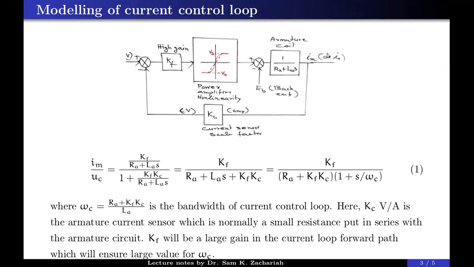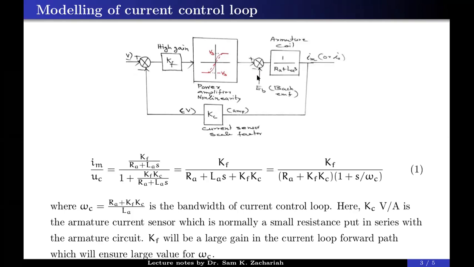So the torque is directly proportional to IM. Torque is equal to KT multiplied by IM. So you are only measuring the output, either theta or omega m. If velocity control is there, you will be measuring omega m, and position also you are measuring. So this IM is changing due to the non-linear element here. It will affect the torque.